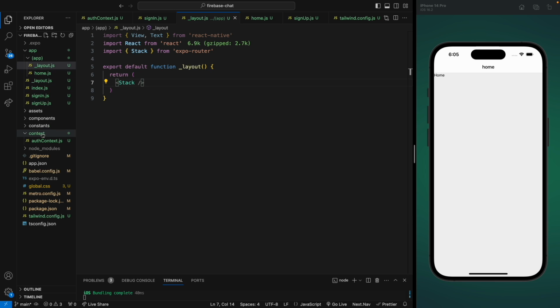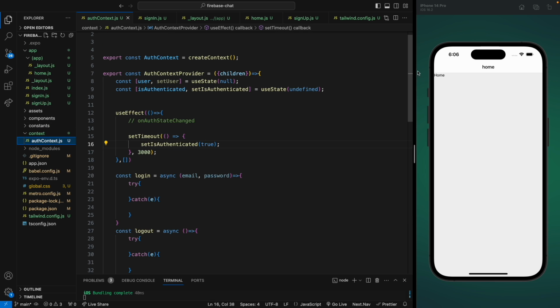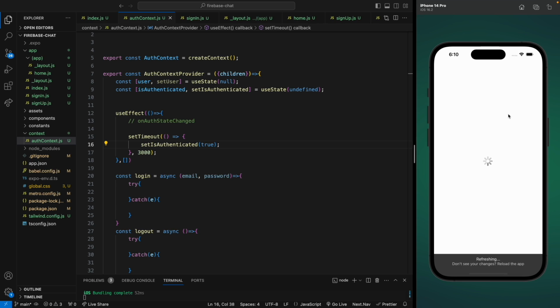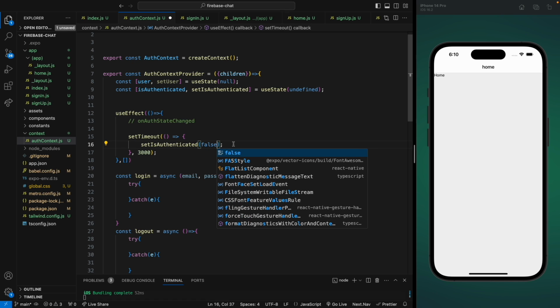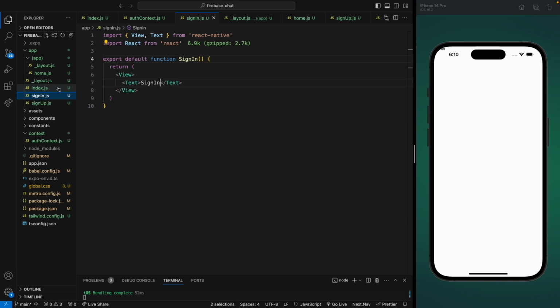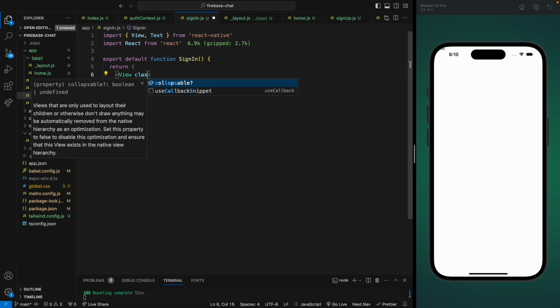So now let's go back to our auth context. Now if I refresh the app, we will again see a 3 seconds wait, then we will move to home screen. Now let's say user is not authenticated and this will be updated to false. And when I save this, we will again wait for 3 seconds and it will hopefully move to sign in page. Okay, we can't see the sign in text clearly, so let's go to sign in and add some padding